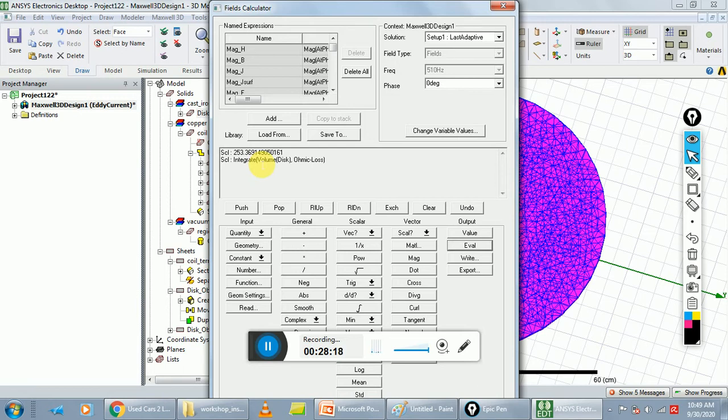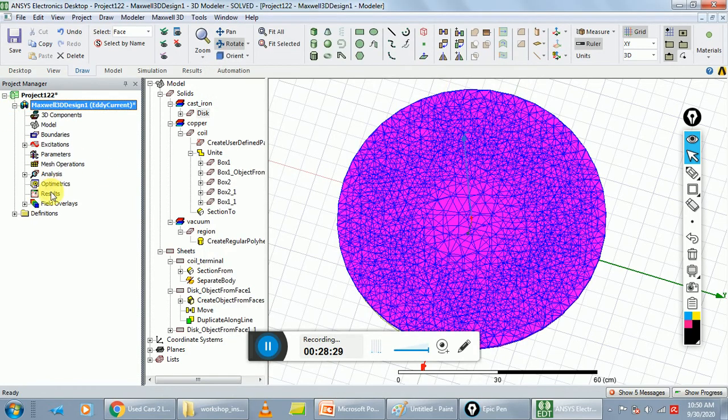After the completion of calculation of ohmic loss, next step is plot current density vector. Close this tab, and first we remove the mesh plot.